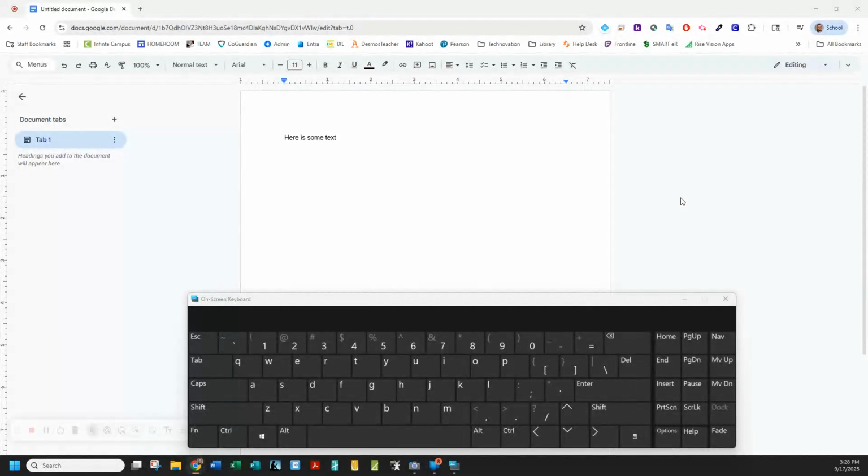All right, today we're going to talk about keyboard shortcuts. Keyboard shortcuts are really easy ways to do things quickly on your computer without actually having to use your mouse. So for example, I'm just in Google Docs here and I've typed something out, but let's say I want to